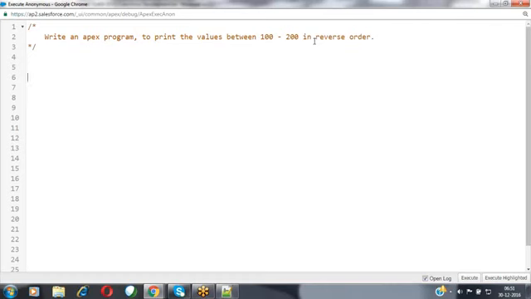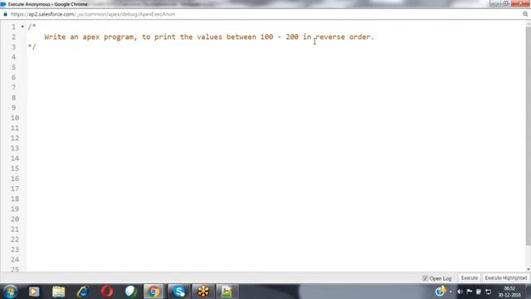Whatever values are there from 100 to 200, I want to print them in reverse order, nothing but 200, 199, 198, 197, like that till 100.